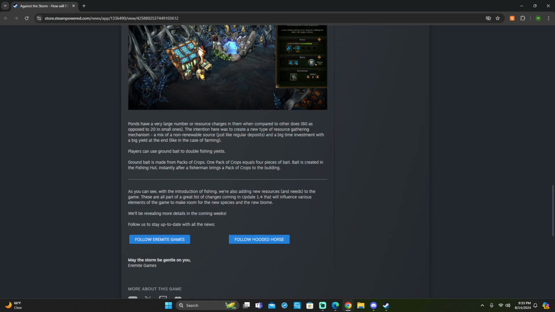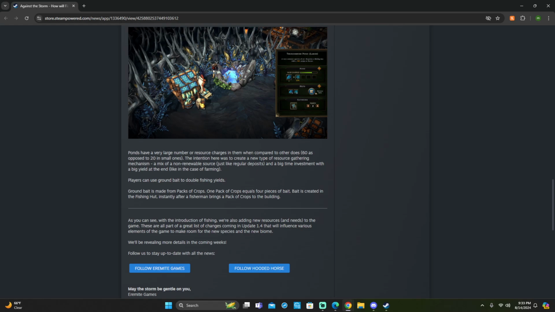We're adding new resources and needs to the game. So hopefully we get to see some differences in our species. This will make room for more new species and new biomes. I would like to almost see basic needs, and like minor needs and large needs from species, so that